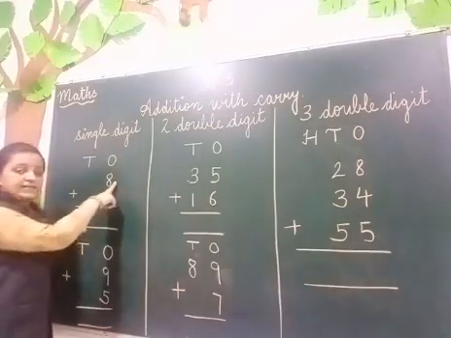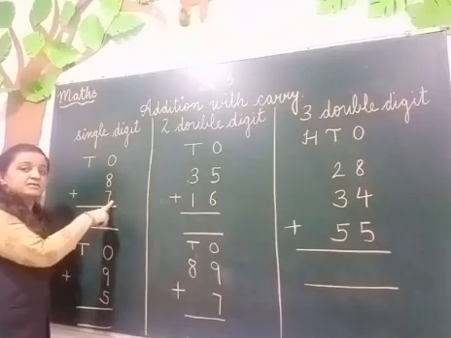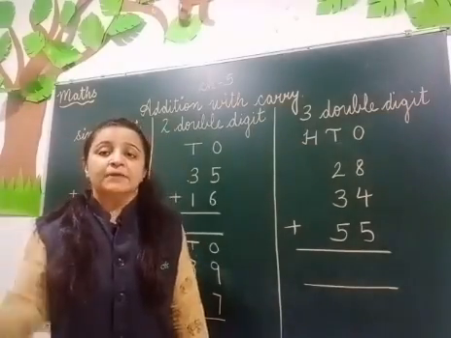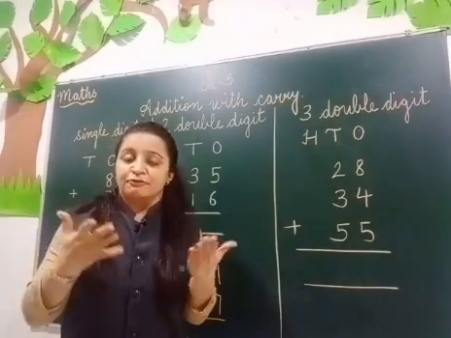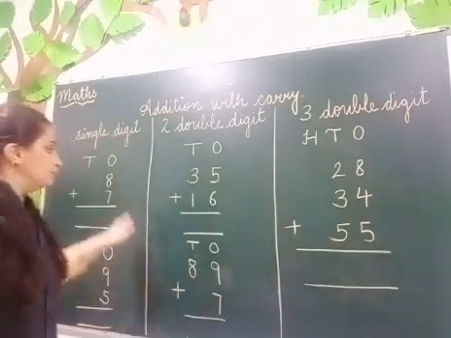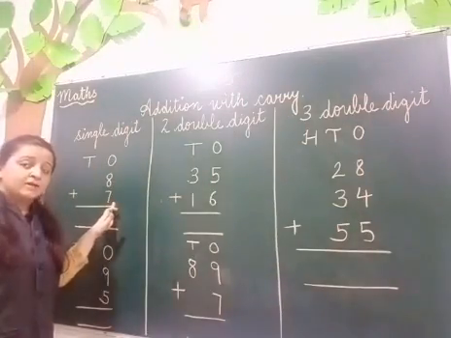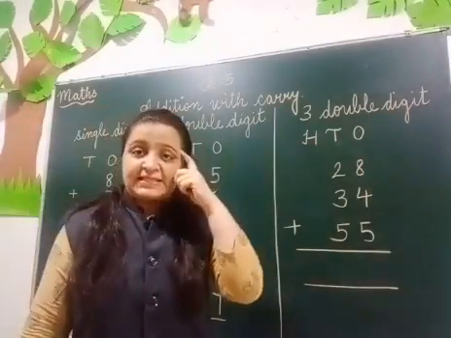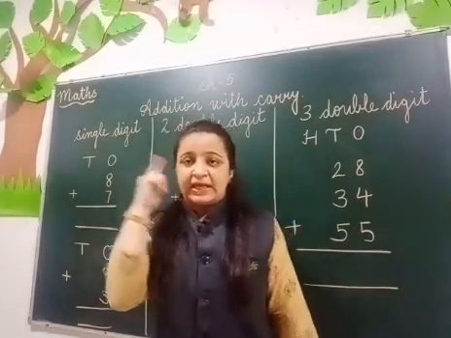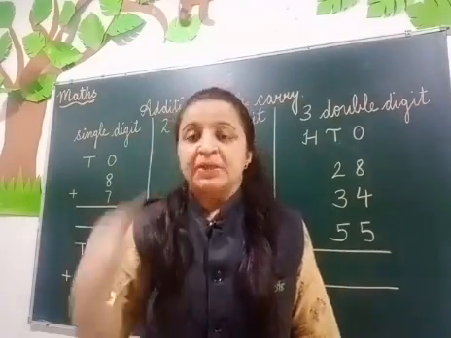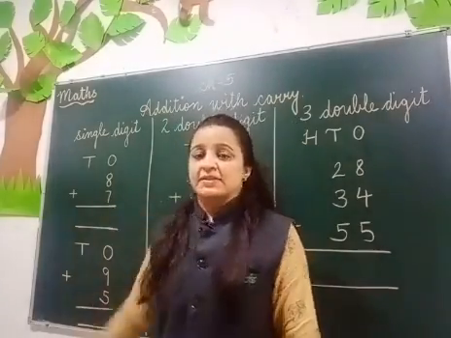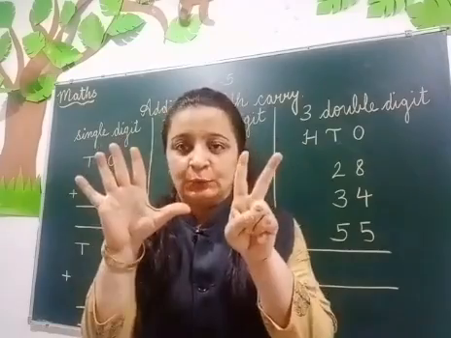So what is this? What you have to do? 8 plus 7. Okay, what you used to do in class 1? You used to keep the bigger number in mind and take out the fingers for the smaller number. Yes, we used to do in this way, no? Now 8 and 7 you have to add. So what you will do? You will keep 8 in your mind. Okay, 8 I have kept here. Now how many fingers I will take out? I will take out 7 fingers. Okay, 5 and 2, 7.